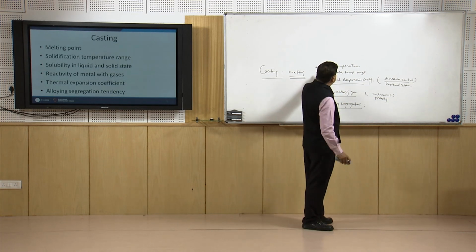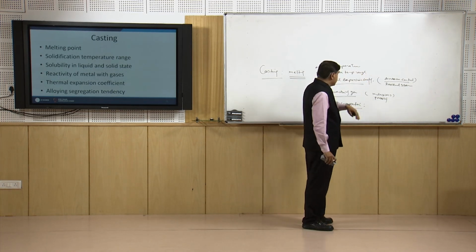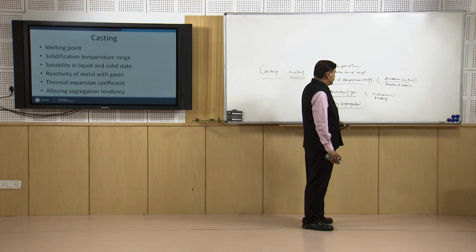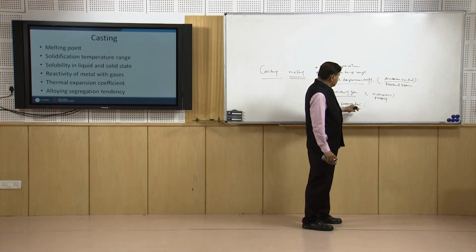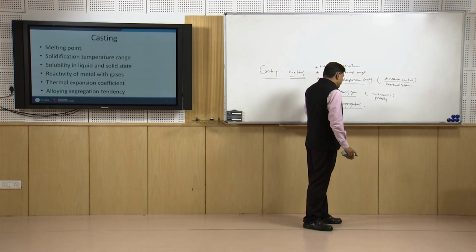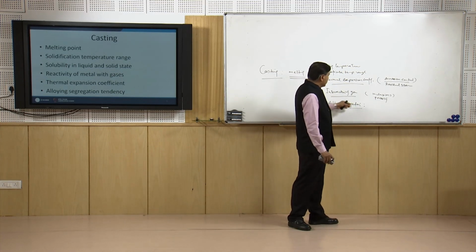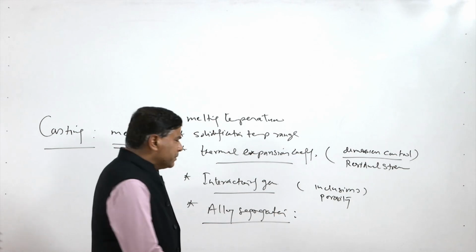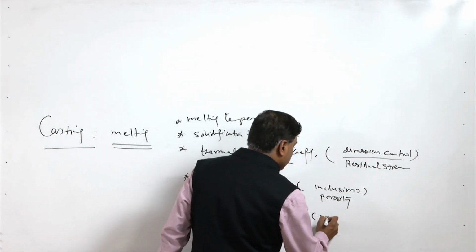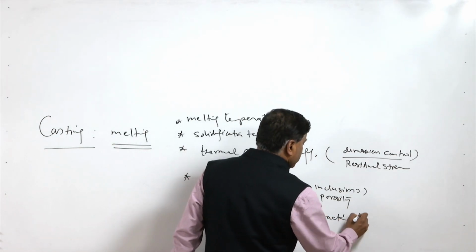At the same time, an increased solidification temperature range also increases the alloy segregation tendency. So, if the metal being processed has a higher alloying element segregation tendency, then it will be leading to increased cracking, hot tearing